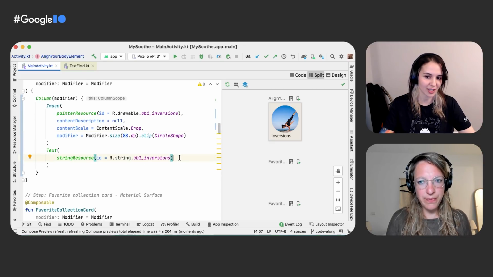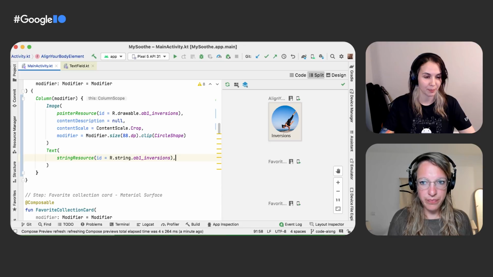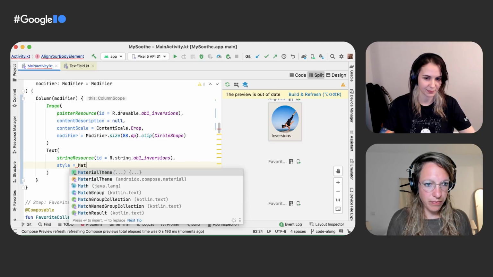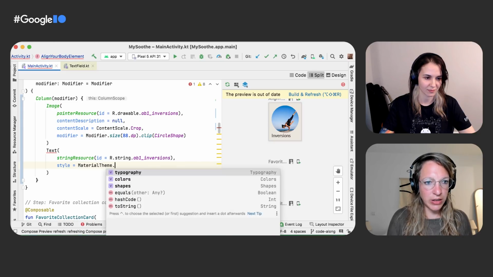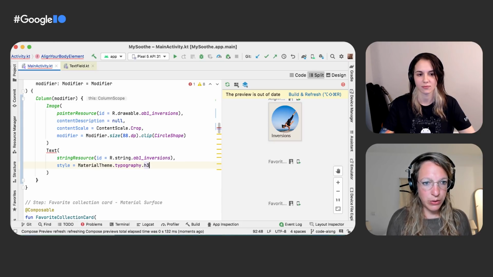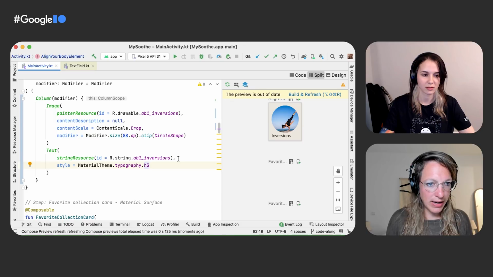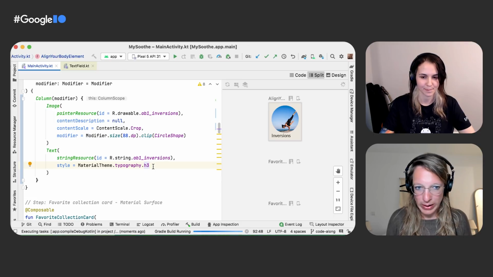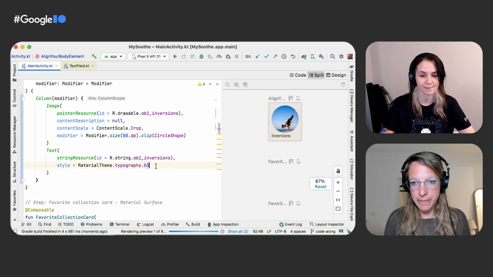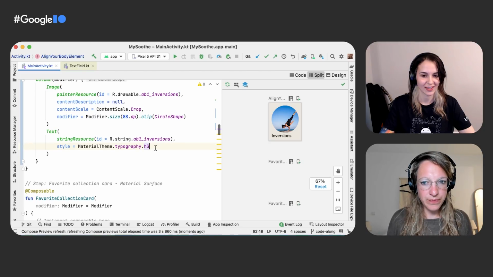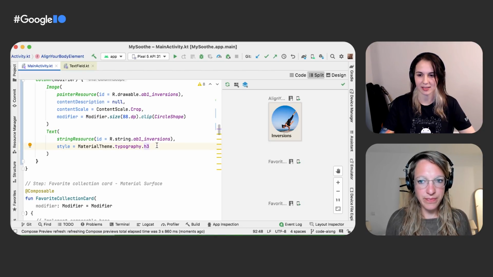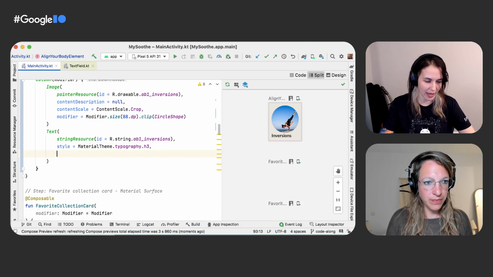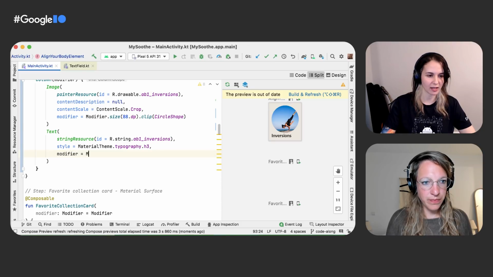Yeah, we can actually give our string some style. And per designs, we can actually use the typography H3 for that. Okay, so we're styling this text according to the material theme, and we're using the third heading for that. And with that, our text will use the correct size and the correct font and the correct, etc. Great. Like we mentioned before, we also want to add spacings based on the text baseline. And we can actually use the padding from baseline modifier for that.